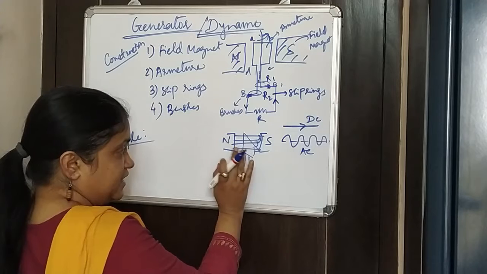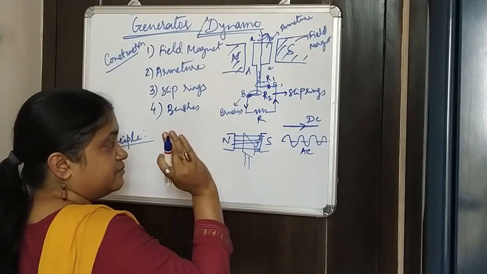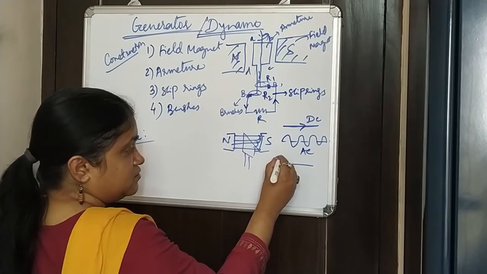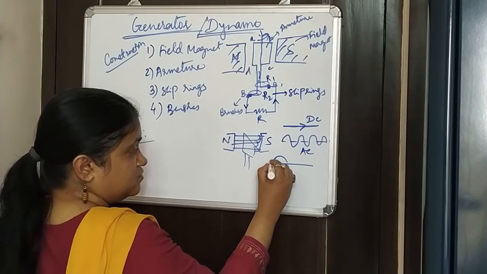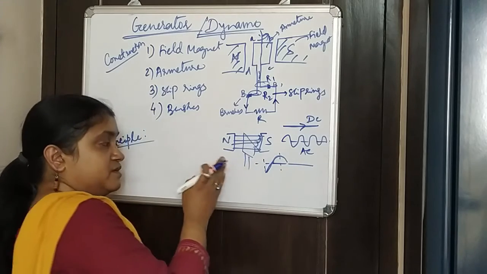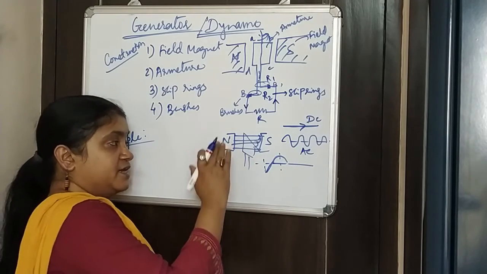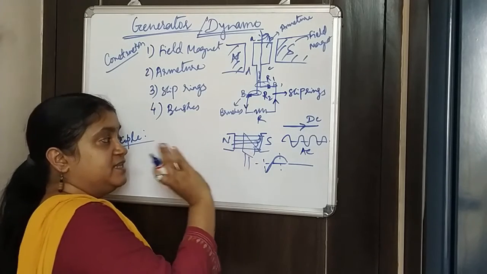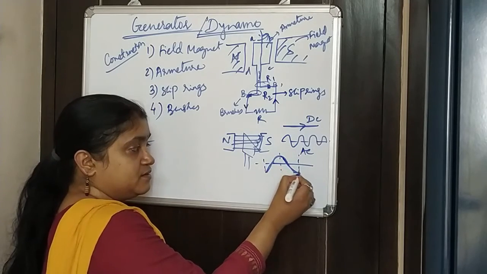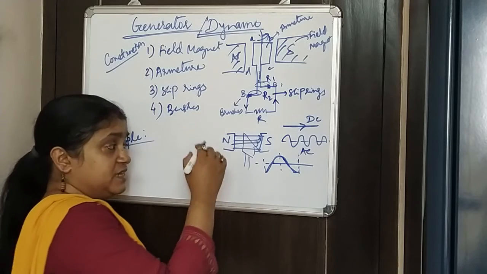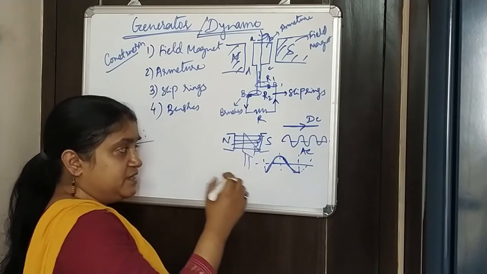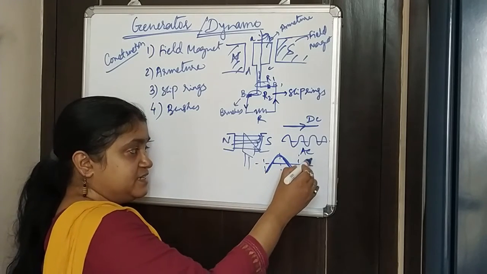In one case, when the armature is in this direction, we get the positive cycle, meaning current would rise, and then when it turns, we again get the negative cycle. So in this way, when it keeps on rotating, the generated EMF keeps on increasing, decreasing, increasing,